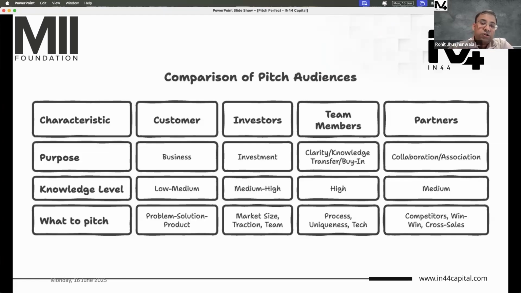Also, you have to understand how much your audience knows. When you pitch to an investor, he may have some knowledge about the industry, which is why he's interested in talking to you, but he may not know everything about it. But you have to understand that he may have seen 10 other companies in the same industry. So he will have a little more knowledge of what you are doing. He may not have a lot of technical knowledge, but he will know the industry, right? If you have a customer, the customer may not know anything about the technology. He would want to know more about the business aspect. So he will have lesser knowledge of what you are doing.